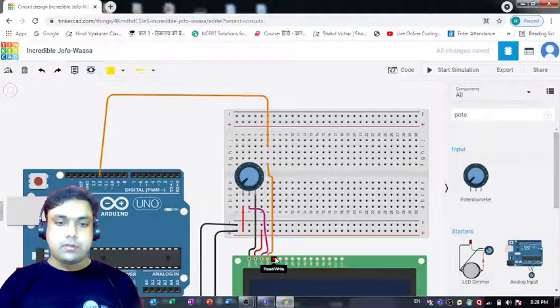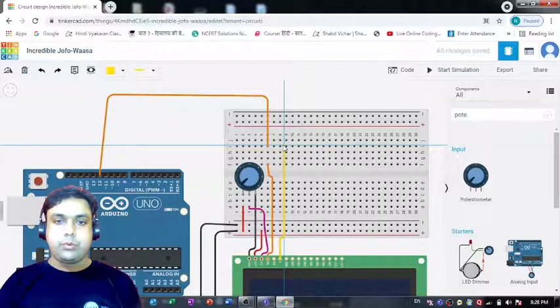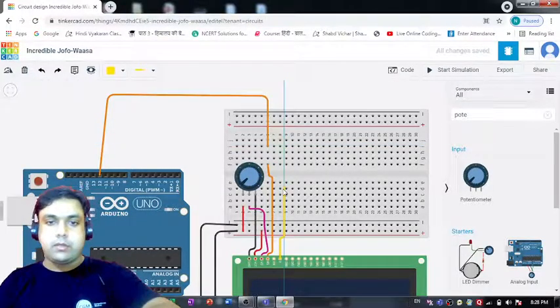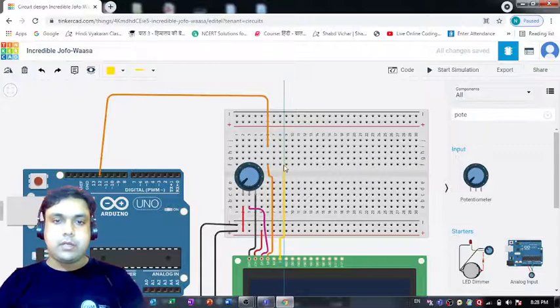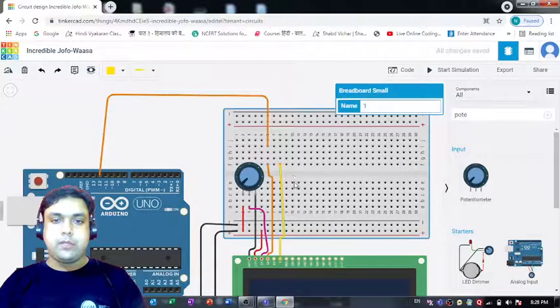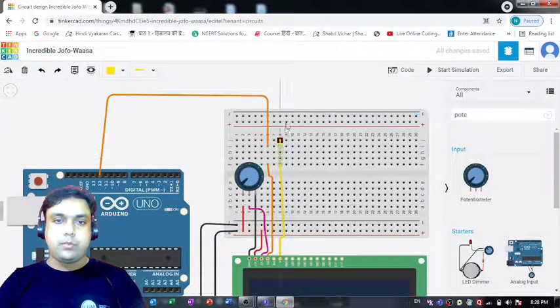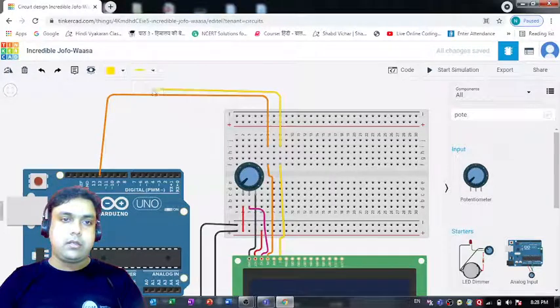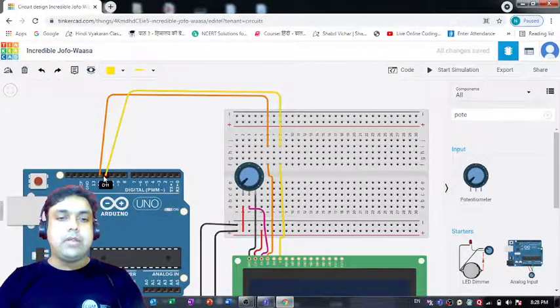Now let's select this enable one, and I'm using this yellow color wire, and I'm going to connect it to, sorry, not this one, I'm connecting it with this pin over here, right. Then we can use this pin and let's connect it to one of the free pins of the Arduino Uno R3 board. So I'm connecting it to pin number 11, right.